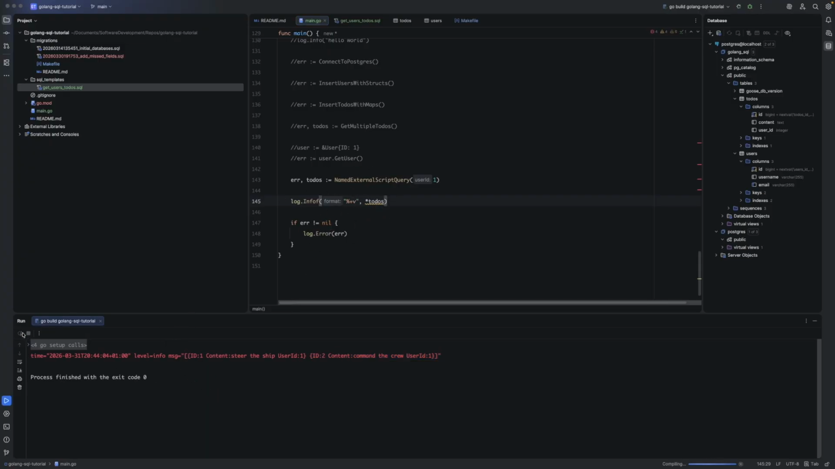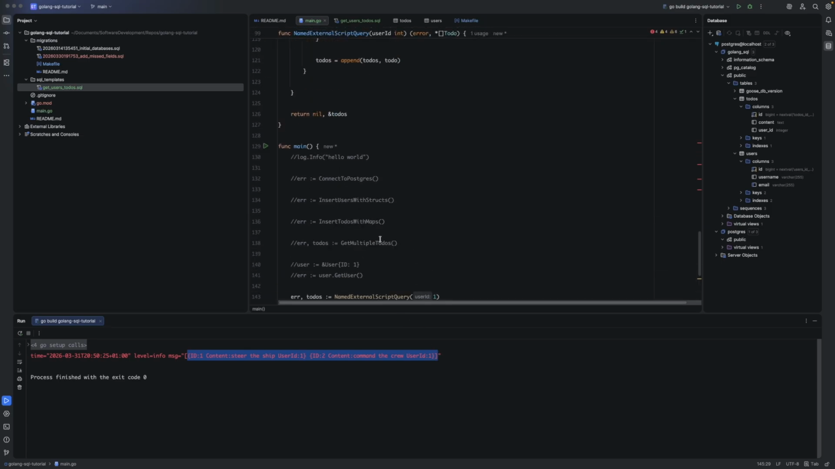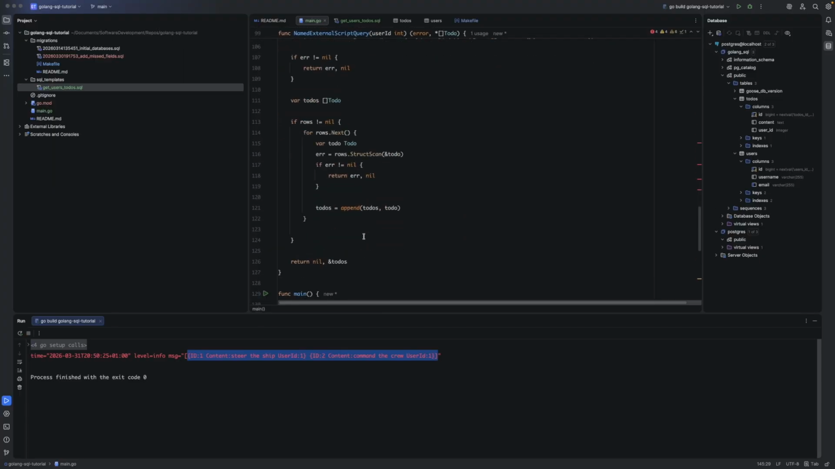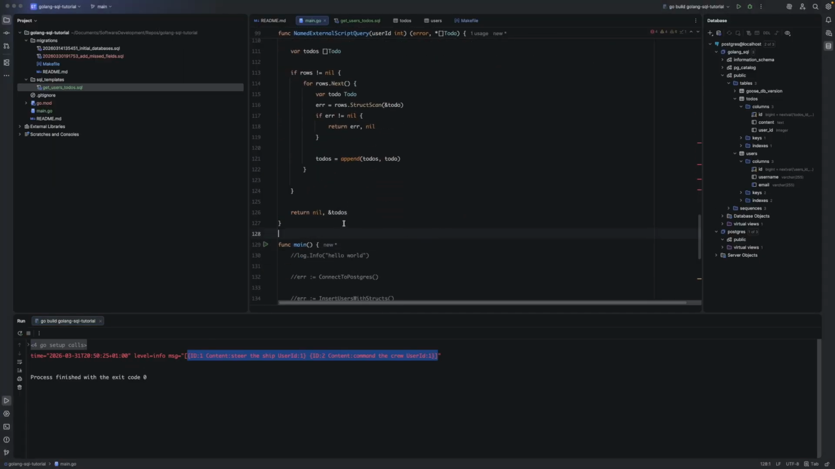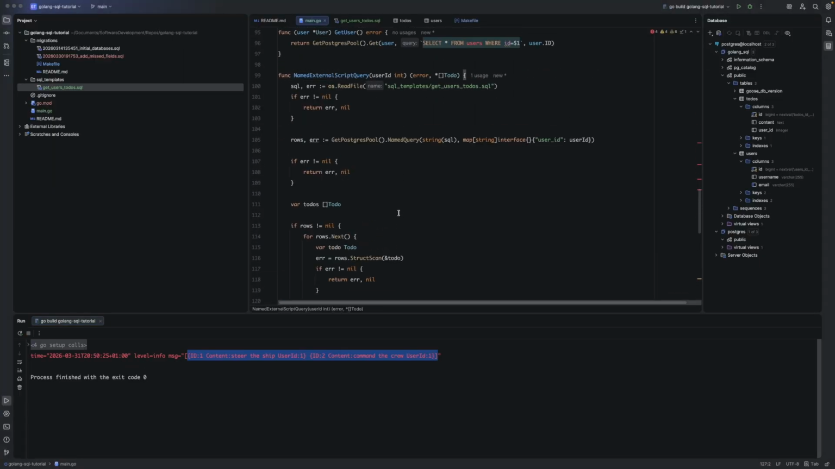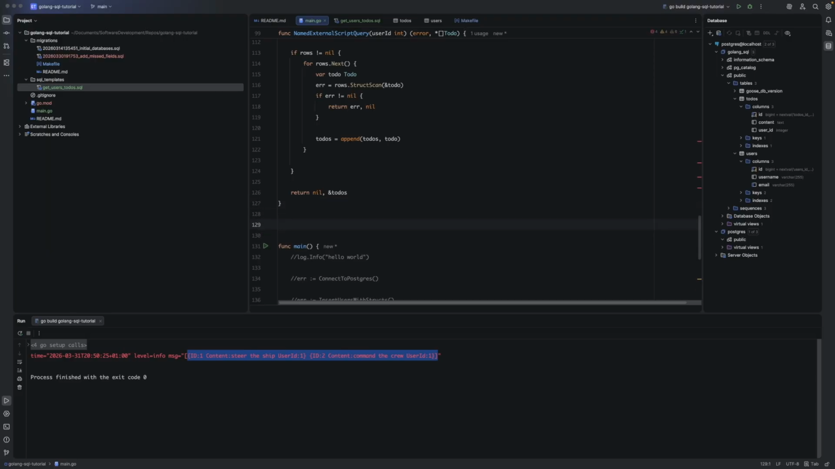If we now run this, you will see you are now getting out each of the to-dos for Captain Sparkle very nicely. So that is how you use external SQL files. We have been working with structs and maps so far, but what happens if you just want to get something like one field out of the database? We can do this extremely simply by